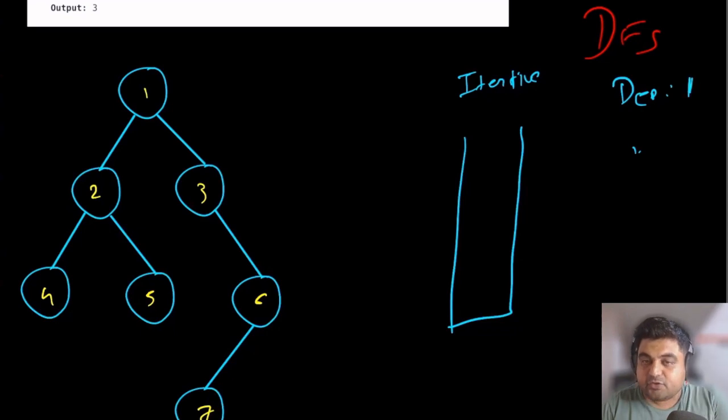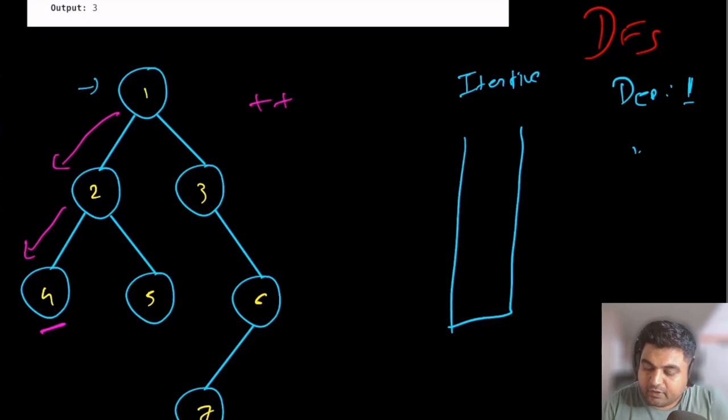And initially the value is going to be 1 because we are guaranteed to have a root node, and the root node by itself is going to have depth 1. So we already start with this one. Okay, now we are going to apply a simple logic: whenever we move to the next element and we reach a leaf node, this is the last element that we can visit in this path, nothing more than that. So up until this point, whenever we are going downwards, we are going to increase the count for our depth.